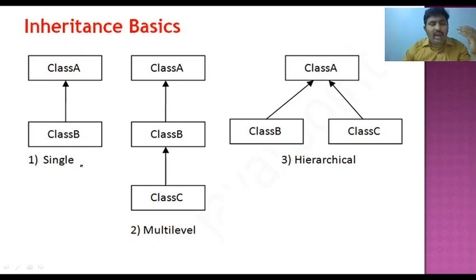We have the pro class and we have the employee class. The employee class inherited by the pro class is an example of single inheritance. Now this is multi-level inheritance. Here class A has a subclass called B, and B has a subclass called C. Like that I have multiple levels. That is called multi-level inheritance. Next one is hierarchical. A parent has two subclasses. We call that hierarchical inheritance.